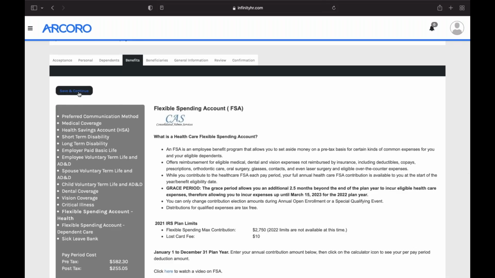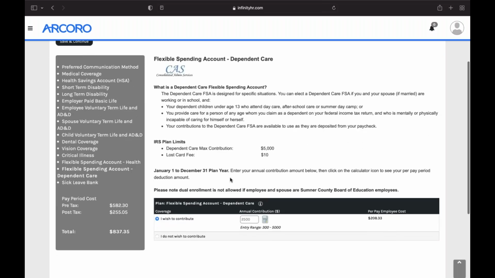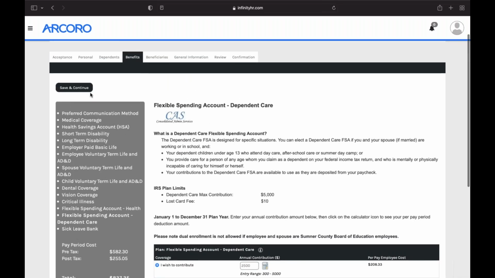Moving to save and continue. Going to move on to the dependent care FSA. This benefit is available to all employees regardless of which medical plan. And the dependent care FSA is designed for specific situations. If you and your spouse, if married, are working or in school, you have dependents under the age of 13 who attend daycare, after school, summer day camps. As an example, you can use this up to $5,000 benefit to provide a more tax efficient way to pay for those services. In this case, I've selected $2,500 as the amount that we want to contribute,